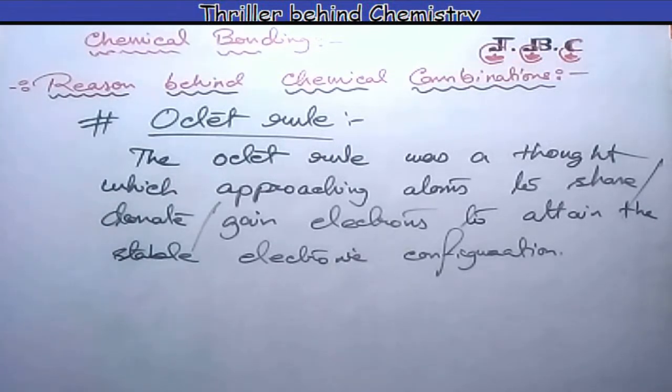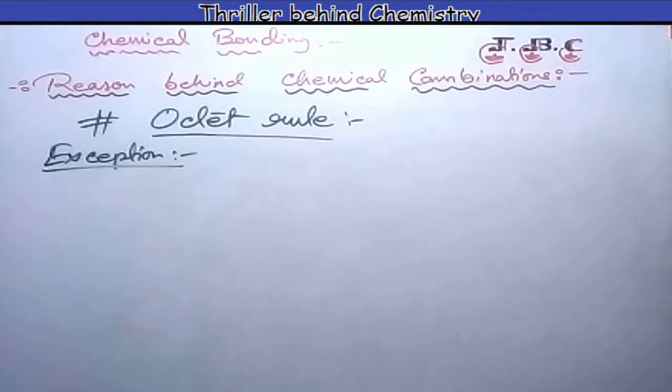As well, the octet rule also has limitations and exceptions. The octet rule is very useful for understanding the structure of most of the organic compounds, but not universal. They noticed that the octet rule is mainly applied to the second period elements of the periodic table, and the octet rule shows exceptions which are of 3 types. So first, the first point is the incomplete octet of the central atom.